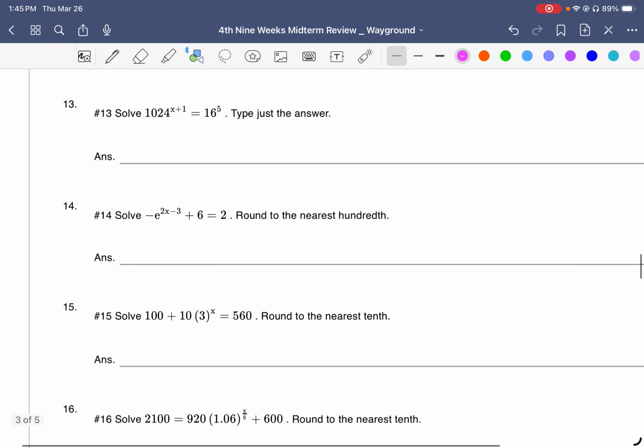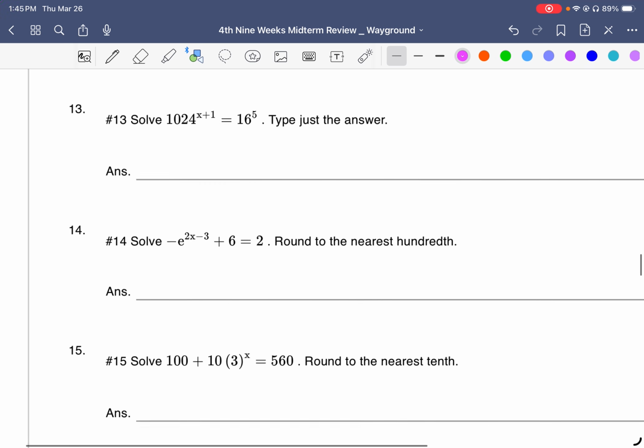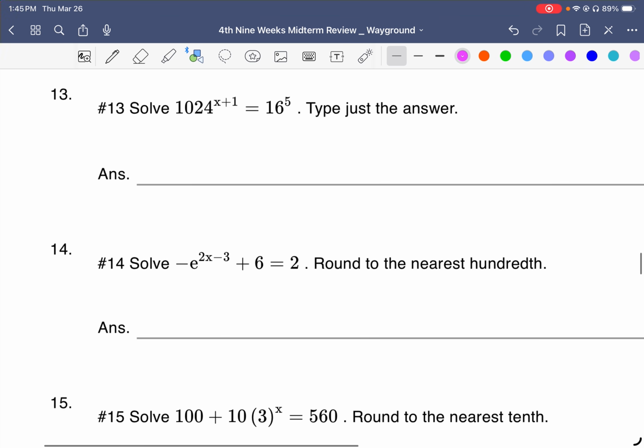Okay, now we're actually going to start solving. So right there, we were just practicing how to do the loop-de-loop and how to rewrite from exponential to logarithmic and vice versa. We weren't actually solving for x. Now we're going to do those same steps, but we're actually going to isolate x and solve. Okay, so solve